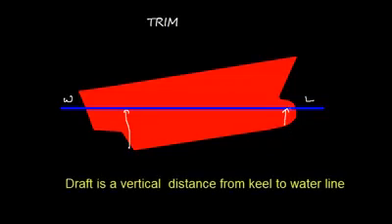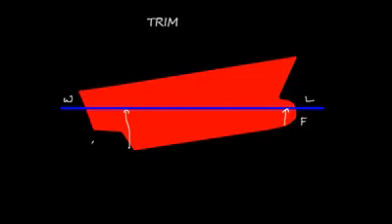The draft is the vertical distance from keel to the water line, and this is the forward draft F, and this is aft draft A. The difference between forward and aft draft is trim. Say here, for example, the forward draft is 4 meter and aft draft is say 6 meter. Well, in this case the trim is going to be 6 minus 4, that is 2 meter